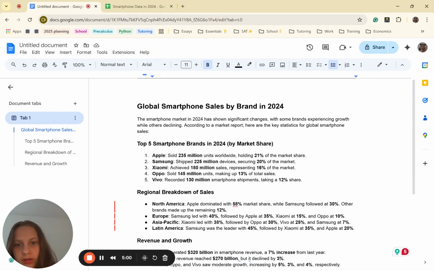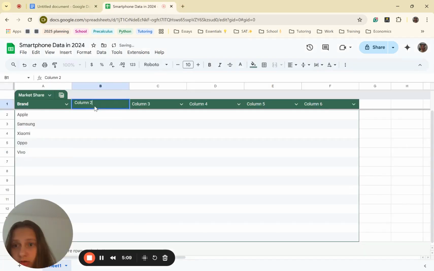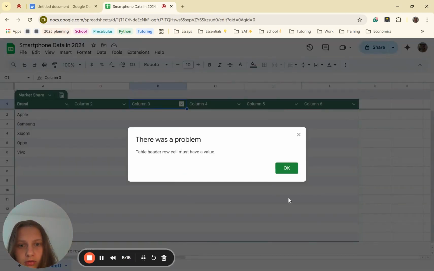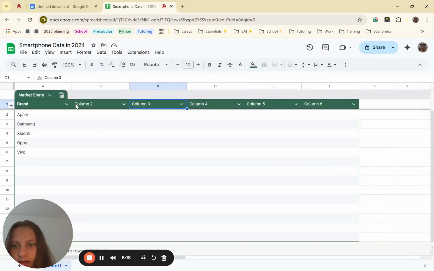Now I will just quickly type in how much they have sold, like a column for how much they sold and the percentage. There's a lot of cool things that you can also do. There are a lot of functions. For example, okay, yeah, it has to have value. Okay, units sold, and we'll probably put it in millions.